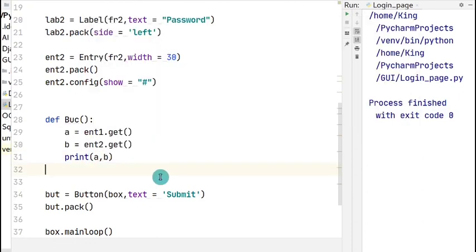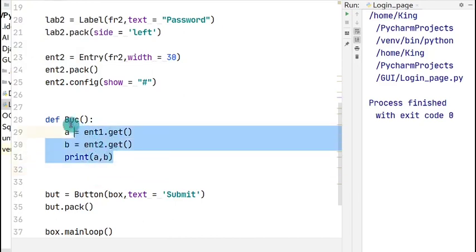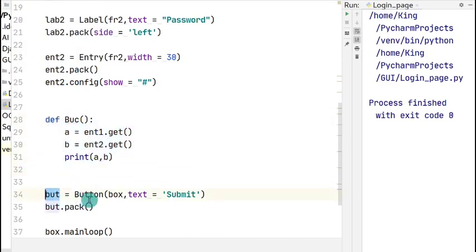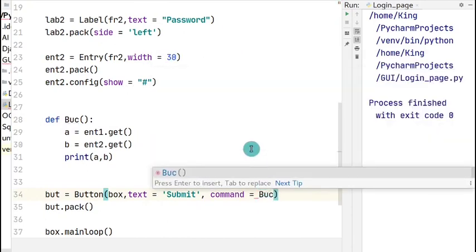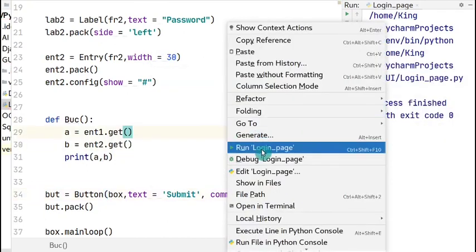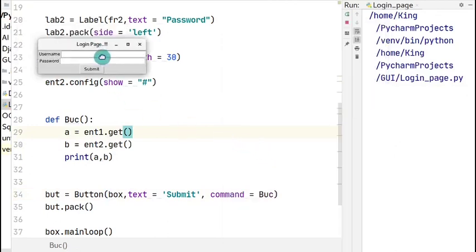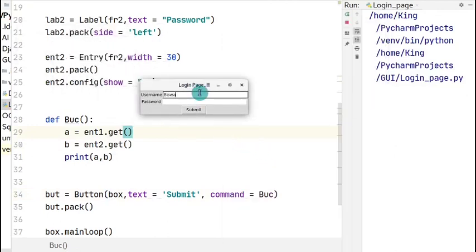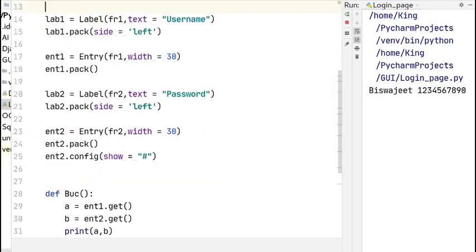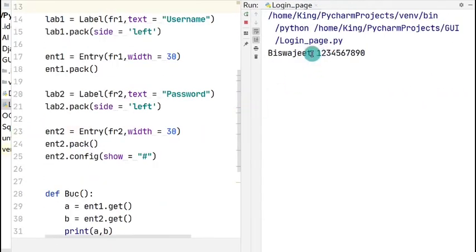Now we have created the function, but we have not assigned this function to this button. Now here I'll take another argument as command equal to buc. Fine. Now let's run this. Now I'll enter my username as Biswajit and the password, and I'll click on submit. So whenever I submit, the output we are getting, the value of a is Biswajit and the value of b